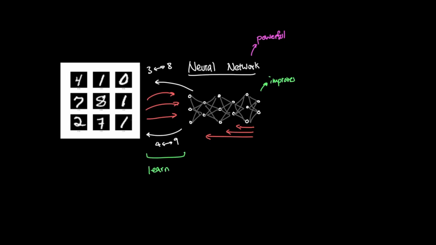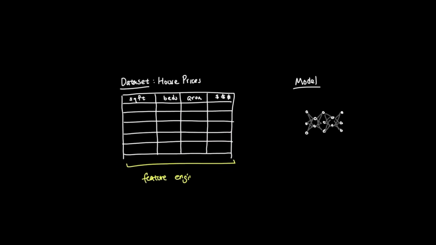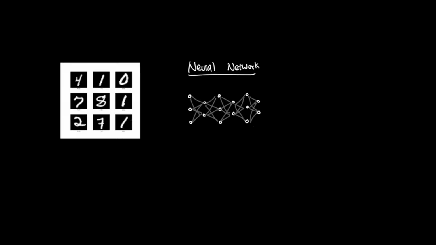This is one of the biggest reasons neural networks are powerful. They can learn useful features from raw data. Earlier, we talked about feature engineering. In traditional machine learning, humans often design useful features by hand. For house prices, we might create a feature like home age, total rooms, or distance from downtown. But neural networks can learn these internal features on their own. For images, earlier layers might learn simple patterns like edges, curves, or corners. Later layers might combine them into more useful shapes. For MNIST, that might mean learning strokes, loops, or curves that identify each digit.